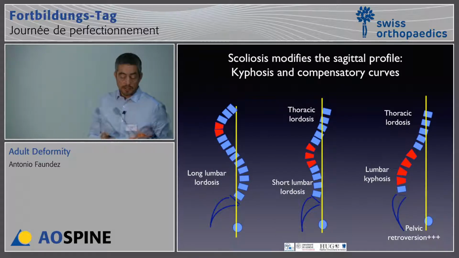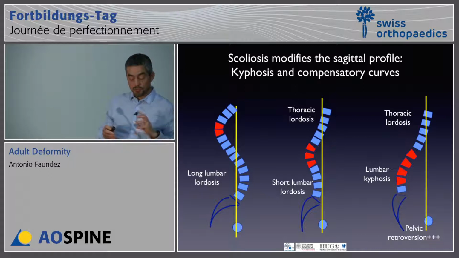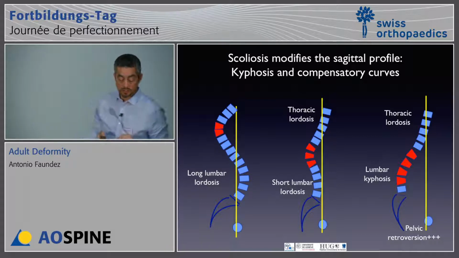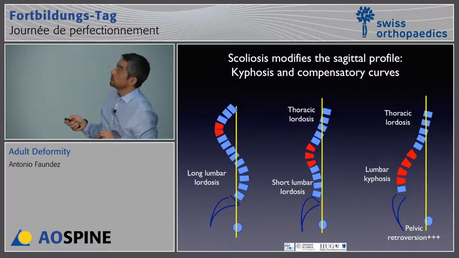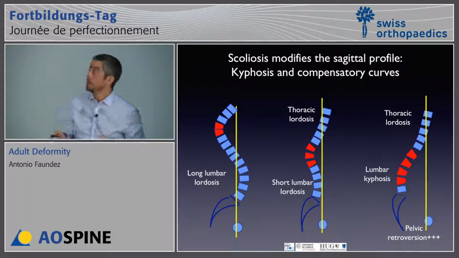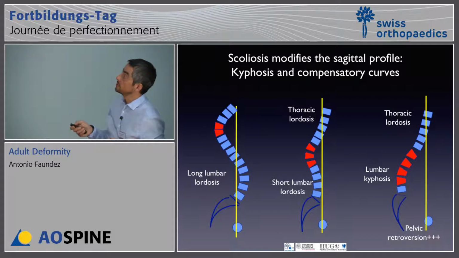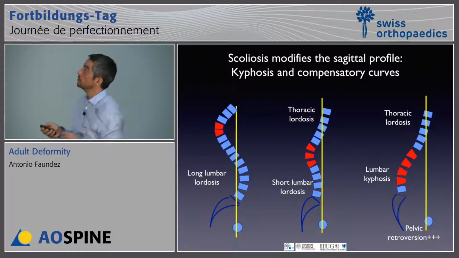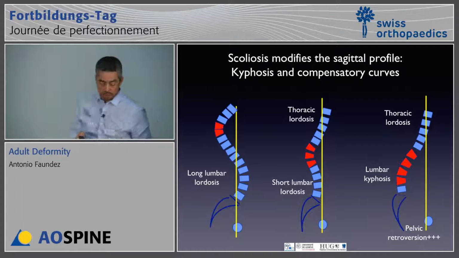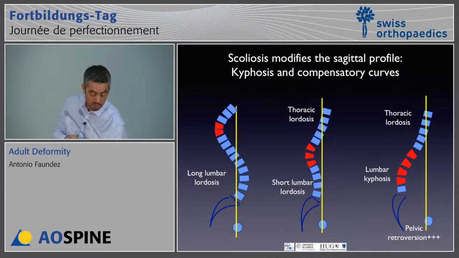Scoliosis in the adult modifies the sagittal profile. You can actually produce kyphosis by the rotation of the scoliosis in these patients because of the degeneration. And the patients put in place compensation mechanisms if they have strong enough muscles. So if you have a thoracic kyphosis, they can compensate with a long lumbar lordosis. If the deformity is at the thoracolumbar junction, they have short lumbar lordosis or thoracic lordosis, again, if they have strong muscles. And if you have lumbar kyphosis, again, thoracic lordosis, if they have strong muscles, but which is not